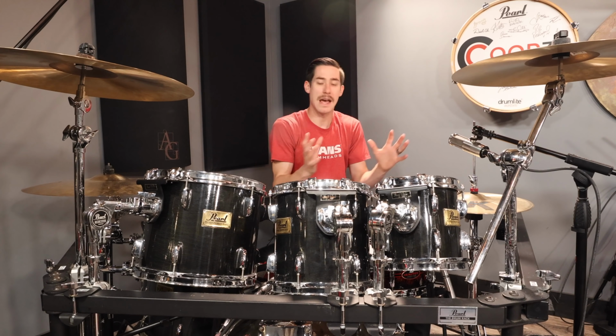I mean, it comes with EQ pods, which are these little red things that you can add to your drum to control tone, which I really love as well. Super impressive. Out of all the tonal control that I've tried, these have been the most impressive so far. So once again, Evans knocked it out of the park with that. And the reason that this kit is getting new heads, and another thing I wanted to discuss in this video,